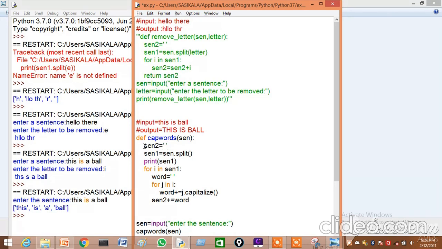Okay, then what I have completed so far, I split the sentence, then I capitalized each and every letter, gathered them in the word, and each and every word I gathered into a sentence.